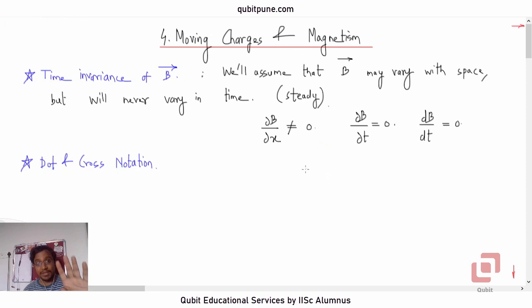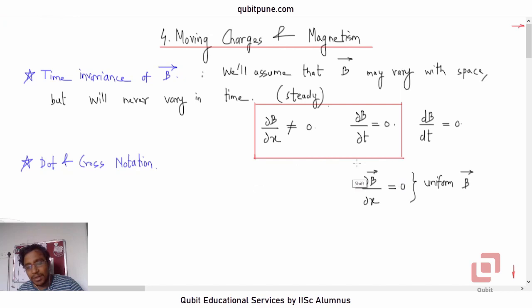The partial derivative of B with respect to x is not 0. And if our magnetic field is also space invariant, we call it a uniform magnetic field. Got that? So there are two things with respect to which the magnetic field can change. In this chapter, we have assumed permanently that magnetic fields never change with time, so we call them steady fields. But we know that they may change with space. For example, if you go away from a current carrying conductor, the magnetic field's magnitude will decrease. So it changes with space. This is what we have in this chapter.